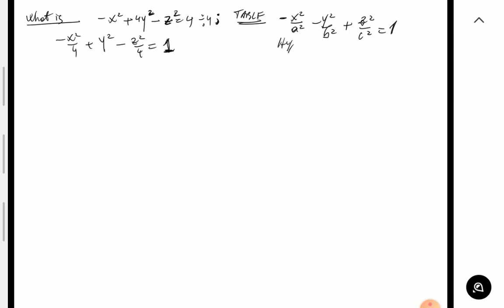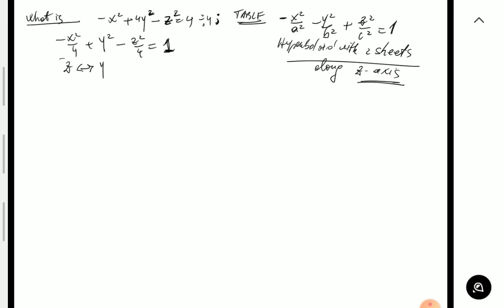and by the way, in the table, this is the hyperboloid with 2 sheets. And in the table, that's the equation of the hyperboloid with 2 sheets, symmetric with respect to the z-axis. Okay, so along the z-axis. In my equation, the role of z is interchanged with the role of y. Does that make sense? Think about it for a moment. So we have the same type of equation, but with y replacing z. So that's going to be essentially a hyperboloid with 2 sheets